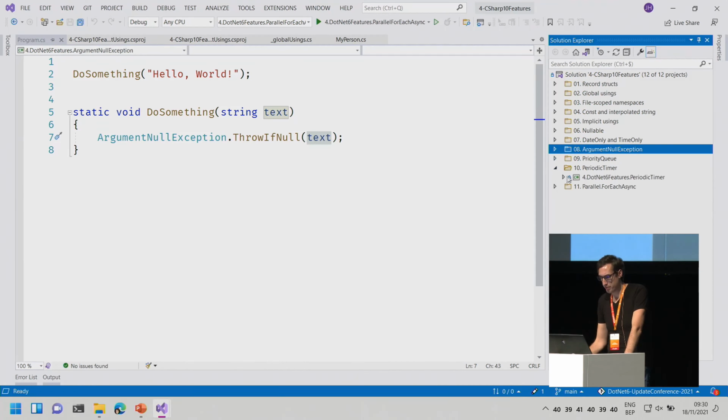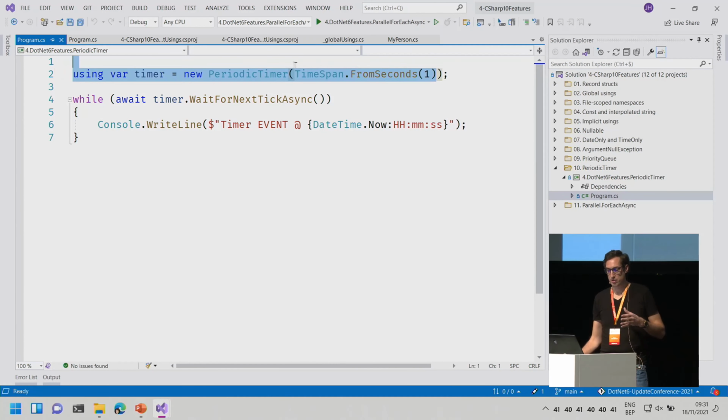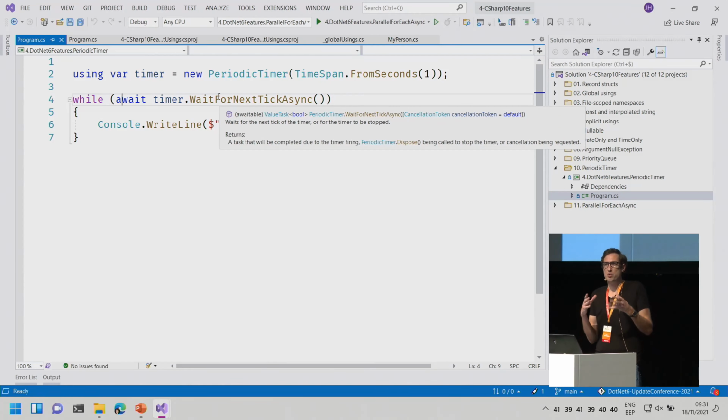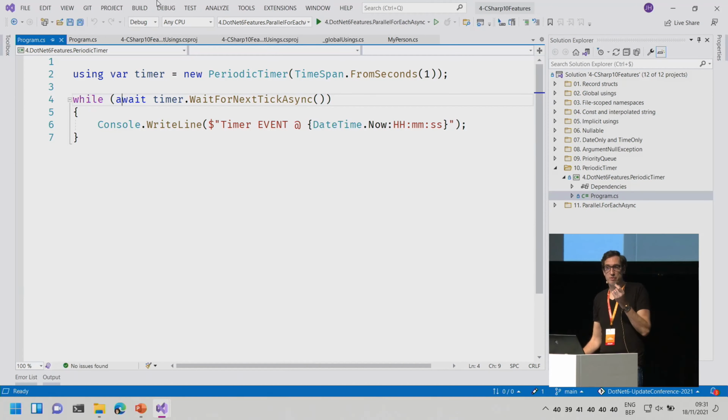What else do we have? For example, the PeriodicTimer. If you like timers, but you want to do your intervals another way, you can use the PeriodicTimer, which is a timer that will trigger, in this case, every second, but you can specify the time span. And then you can do a while loop with an asynchronous await for the next tick. So your timer is running, and you can await for the next tick, and you can do that in a loop if you want. So this is another way of doing a timer. Instead of using an event or a function that needs to be called whenever the timer ticks, now you can just await for the next interval. Again, a very, very small new feature in the base class library, but if you like to do it this way, it's very cool that it's there.